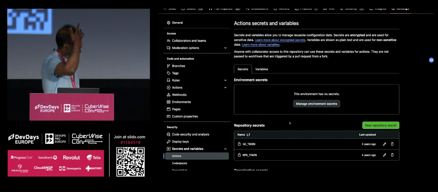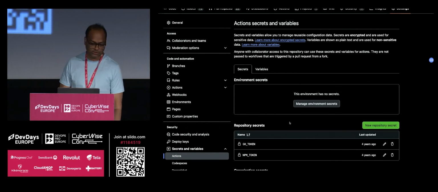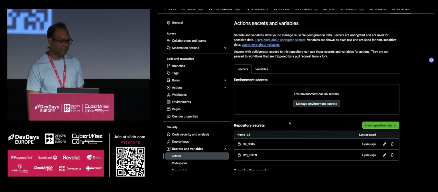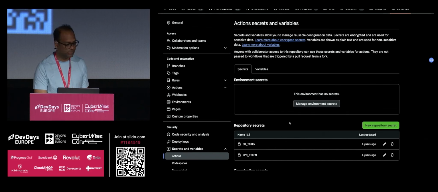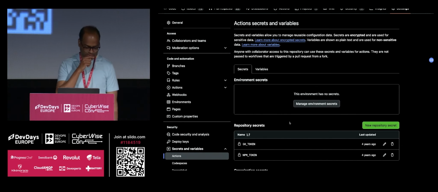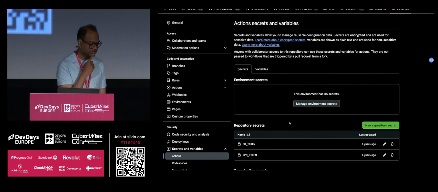If you want to save them in a third-party solution, that's up to you. If you are using Azure AD, use that, or you can use 1Password. But in that case, they might have a GitHub app which you may have to add into your GitHub organization to access those tokens.